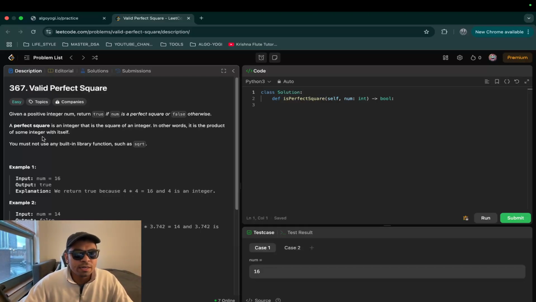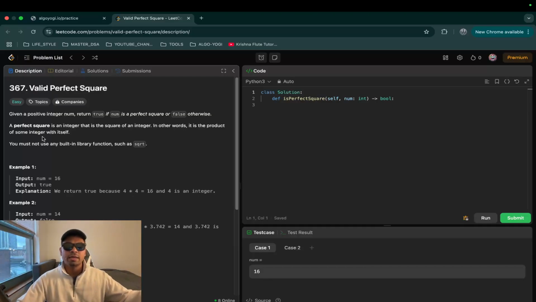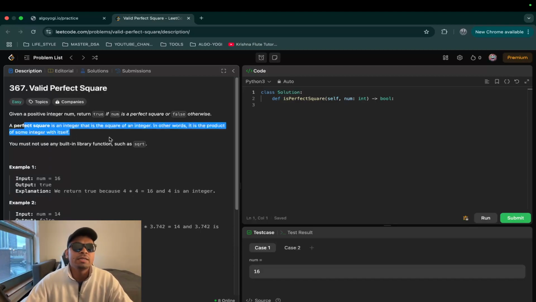A perfect square is an integer that is the square of an integer. Integer means -1, -2, 1, 2, 3, no decimals. In other words, it is the product of some integer with itself. So some integer k, k squared, if that makes the number n,